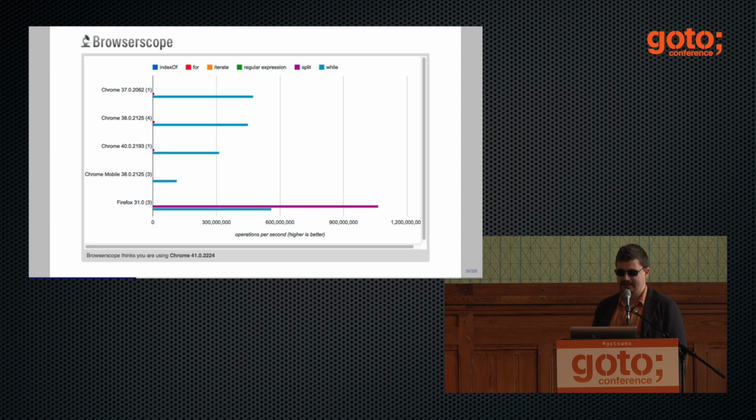And they discovered some very fast ways. On Firefox, you can see, so this is operations per millisecond or per second. So the higher, the better. And in Firefox, there is this purple line that is huge. It's faster than anything that you saw before in your life. It's like the Tesla of JavaScript.